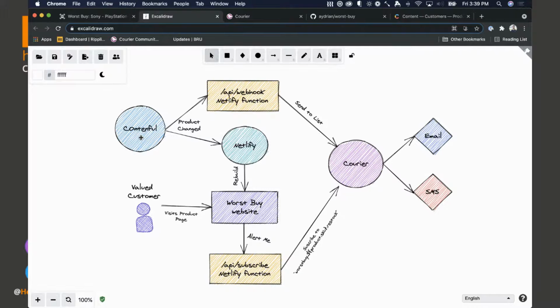And whenever that happens, it kicks off two webhooks. One goes to Netlify, and it tells Netlify to rebuild the site. So anytime there's any changes with the data, we need to make sure that's represented in the Worst Buy website. And that's one of them. But then we have another one that kicks off, and it goes to this /api/webhook endpoint, which is just a Netlify function. And it's going to say, is the items in stock greater than 0? If it's greater than 0, let's make a call to Courier and